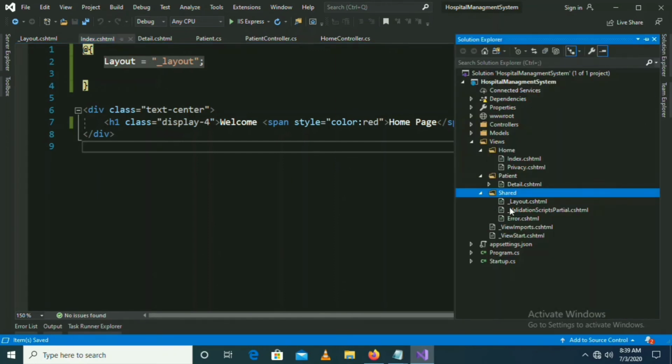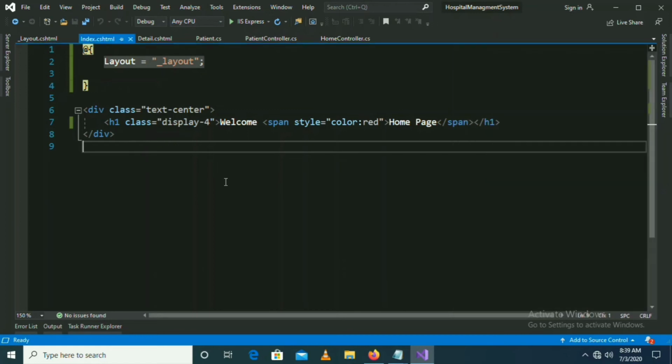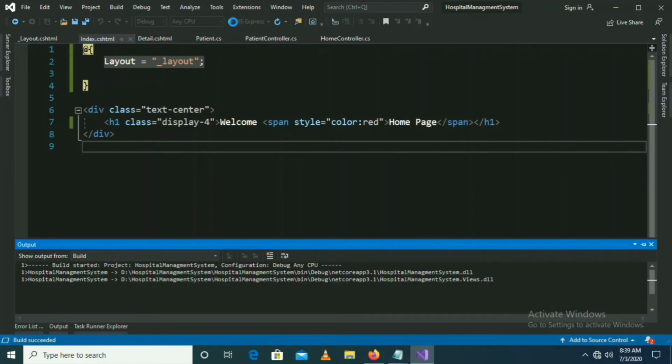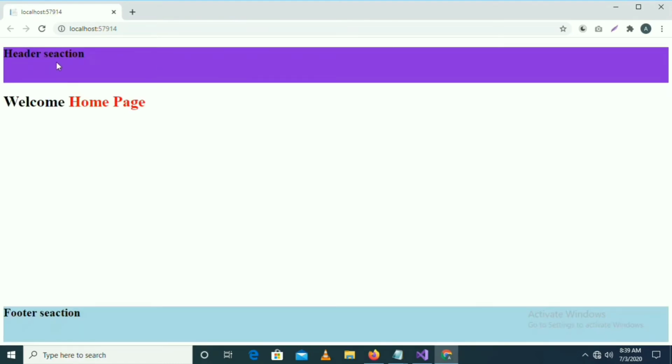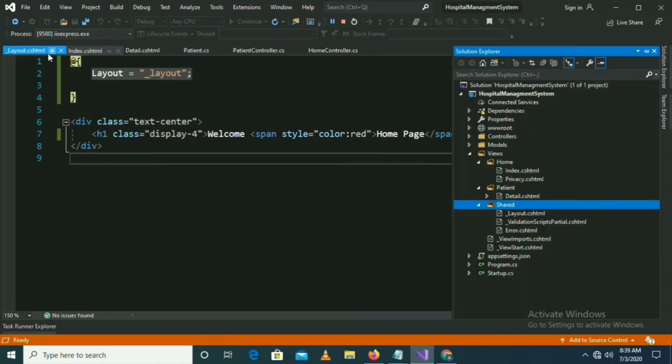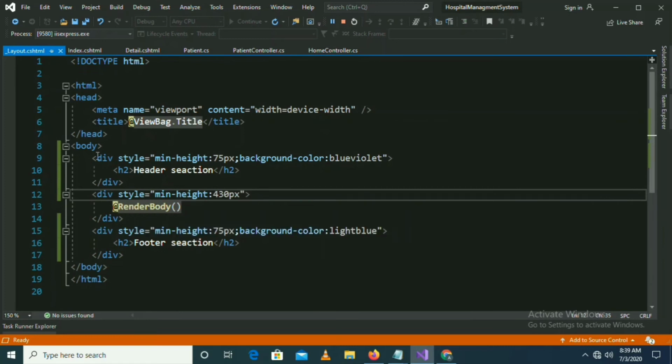Name of our layout is the same, underscore Layout. Okay, now I am executing it. Let us see what is the result. Now we are getting our head section, footer section, and our content is rendered within this. So this is coming here, and our footer section and header section are rendering.